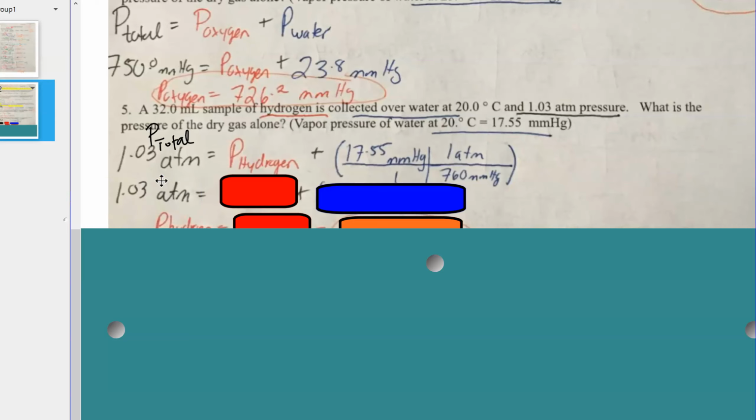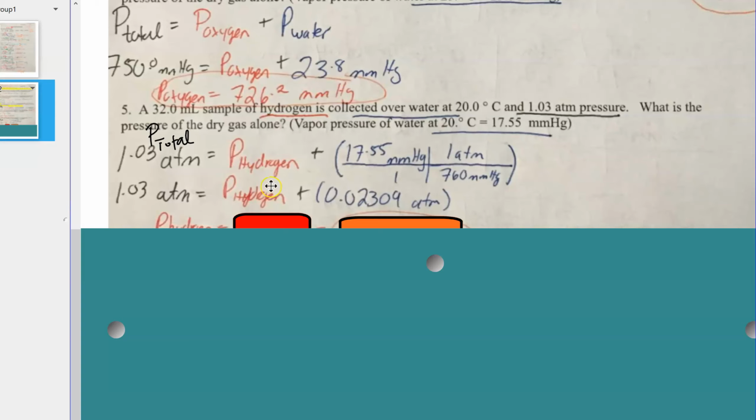So 1.03 atmospheres is going to be equal to the partial pressure of hydrogen. Now, I took what I knew over 1, and I want to cancel out millimeters of mercury and go to atmospheres. If this confuses you, go back to your notes on unit conversions, go back to the page 1 video that Pickles did for you all. You should get